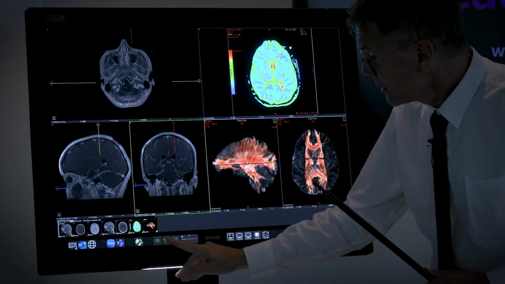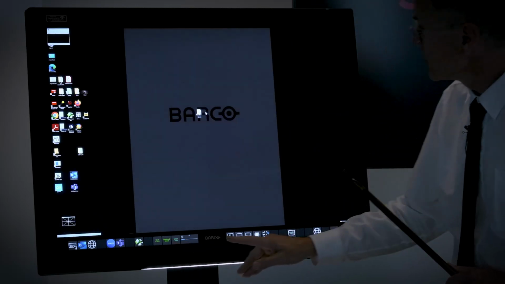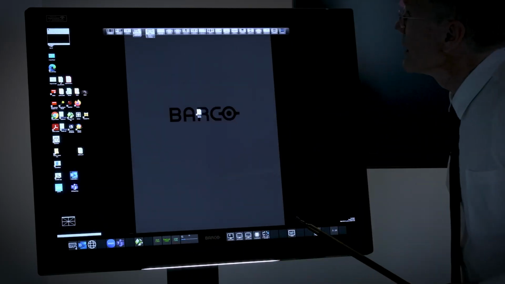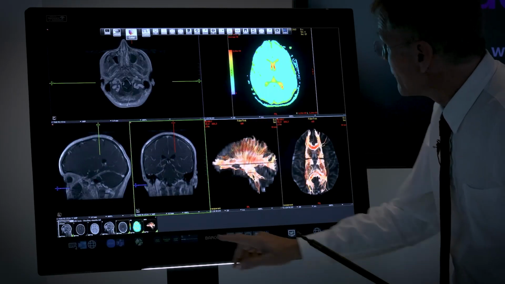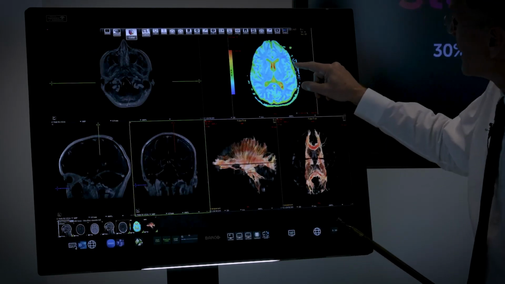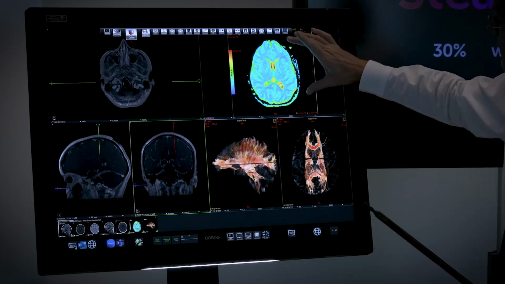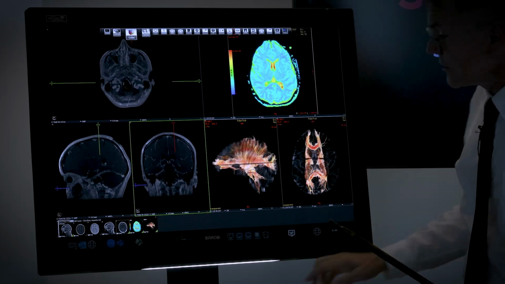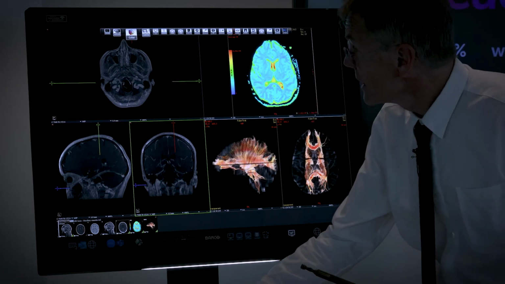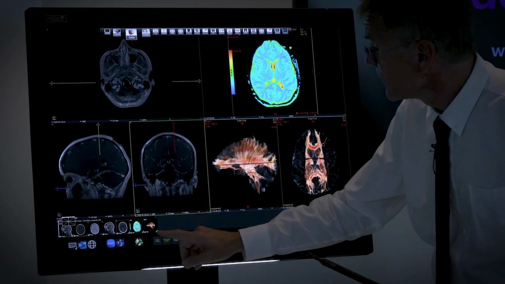And if I turn on the SteadyColor calibration, let me do that again here. If I turn on the SteadyColor calibration, now I've got something which is much smoother and has many more shades. So if I again show what that looks like.